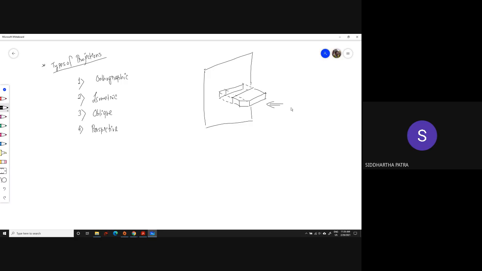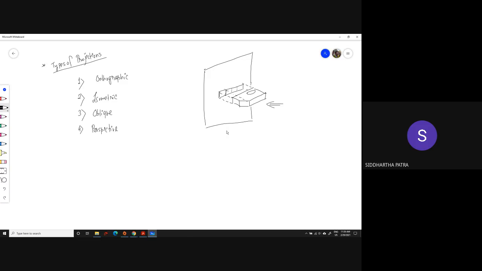For example, you are looking from this side, from the right side, so we identify the lines that will be visible, which are the solid lines on this drawing. And there could be lines, for example, if there is a cylindrical hole, that would not be visible, so we draw that with hidden lines. So that is orthographic projection.